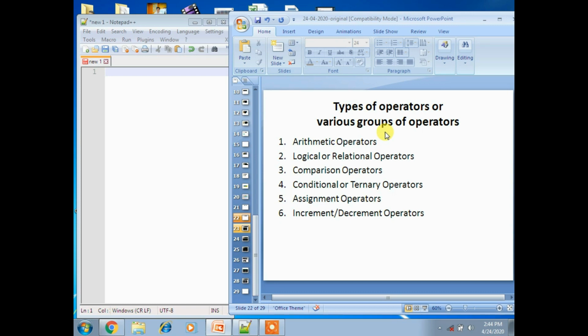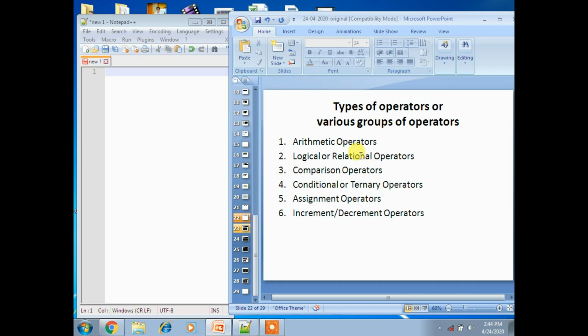The first is arithmetic operators, second logical or relational operators, third comparison operators, then conditional or ternary operators, assignment operators as the fifth, and the sixth is increment or decrement operators. Let's see the first one, arithmetic operators.